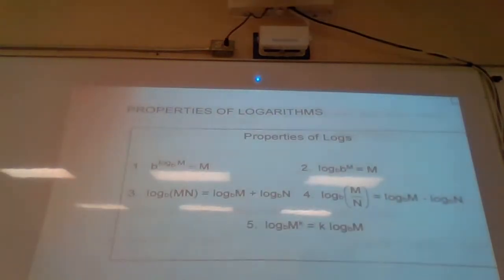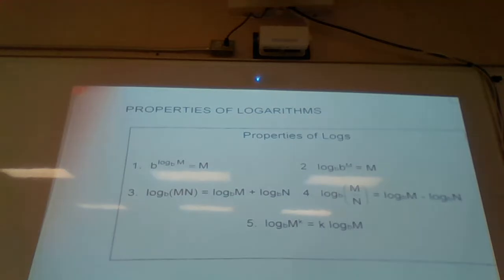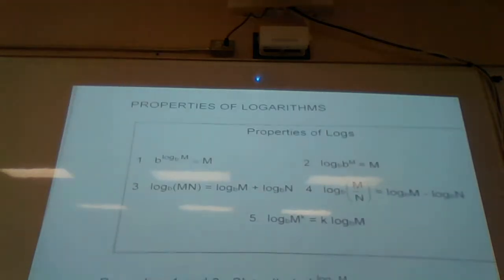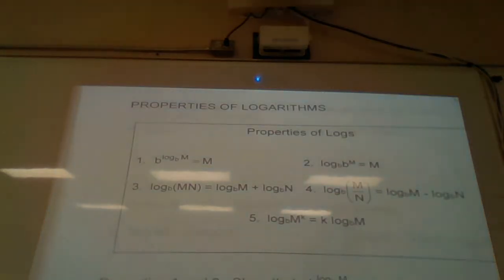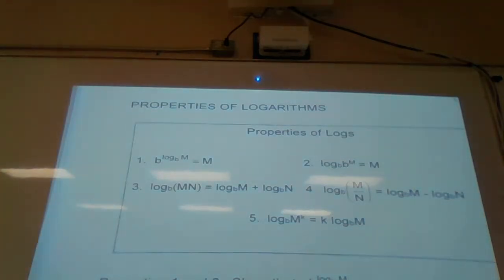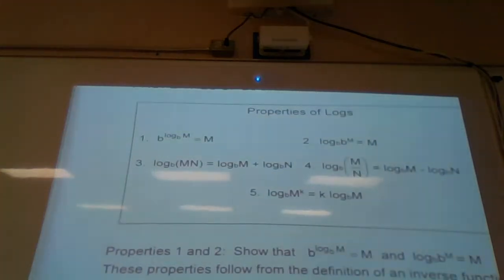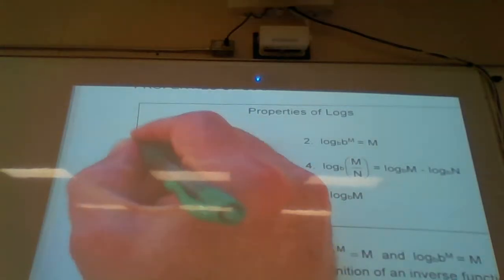In this section, we're going to look at the properties of logarithms, which are going to help us simplify some of these logarithmic expressions. Let's look at the first property and pay attention